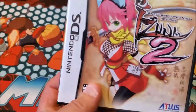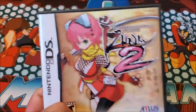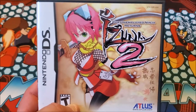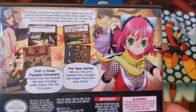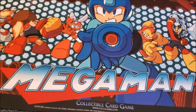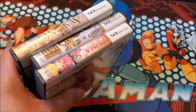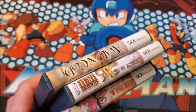This is Izuna 2. I kind of want to find the first one now that I found the second one, but The Unemployed Ninja Returns. So I have no idea what this is about. It looks interesting. I'm definitely gonna give it a shot. So yeah, I believe all these were under $20 a piece, not together, a piece. So I mean that is a fantastic deal for these games, because some of these go